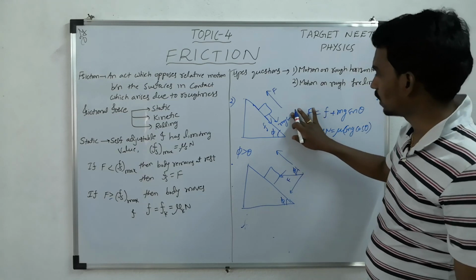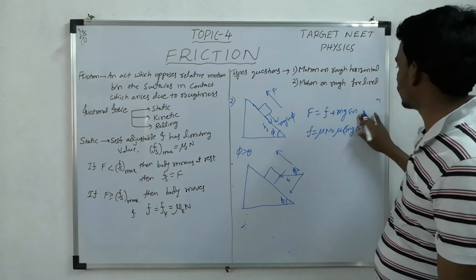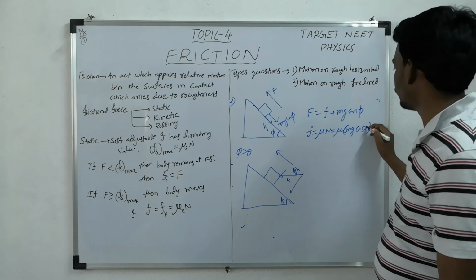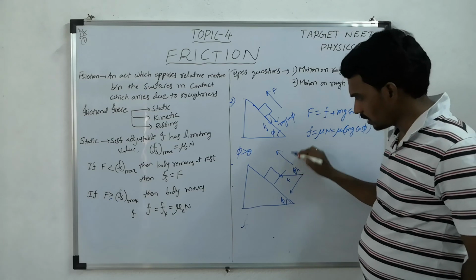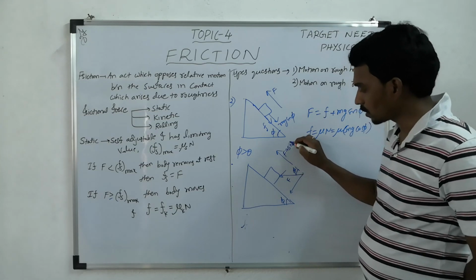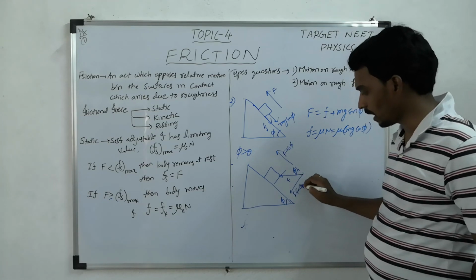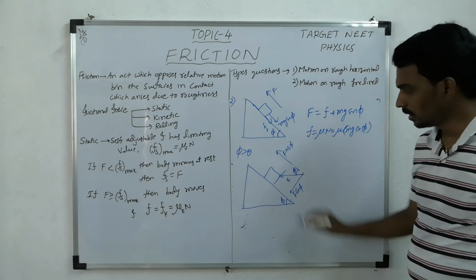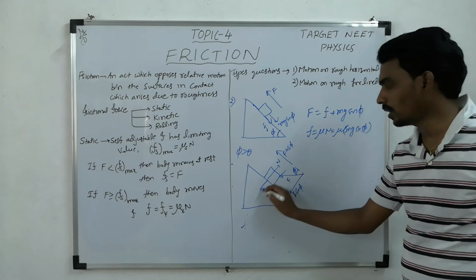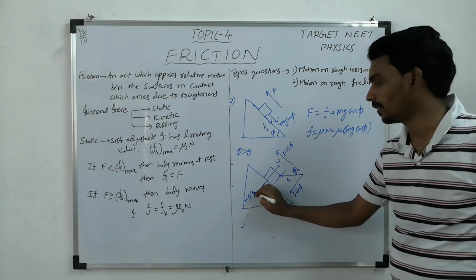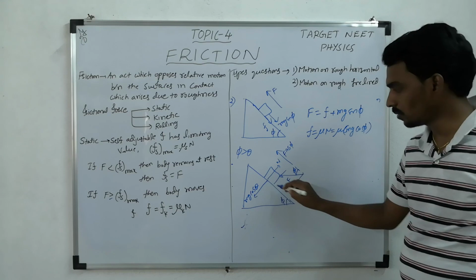Sorry, this is not theta, this is pi. This is also pi. Now, here, this component will become F cos pi. This component will become F sin pi. There is already one normal reaction. There is one mg cos theta. And there is one